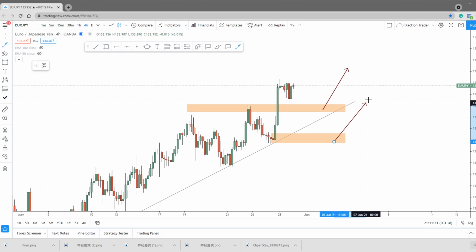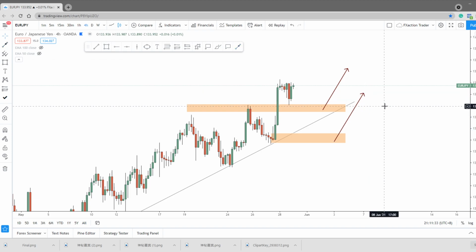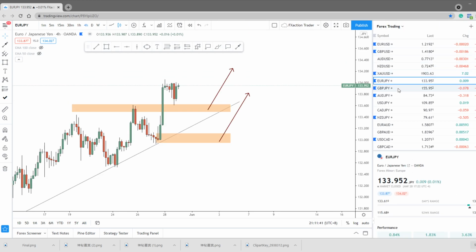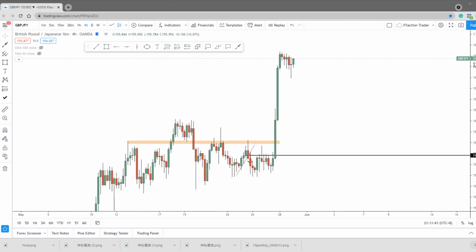Alright, we are not trying to go against the market. We are not trying to go counter trend, and we are trying our best to trade along with the market trend. So on the Pound Yen, this week,